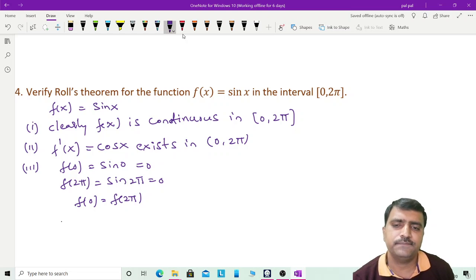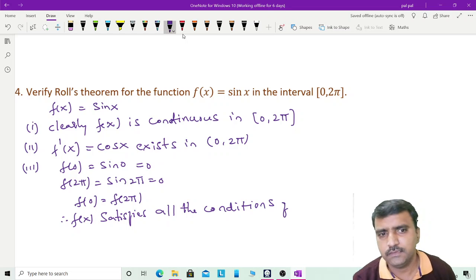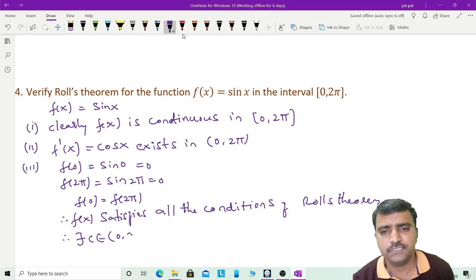Therefore f of x satisfies all the conditions of Rolle's theorem. So then accordingly, therefore there exists c belongs to 0 to 2 pi such that, according to Rolle's theorem, a value c